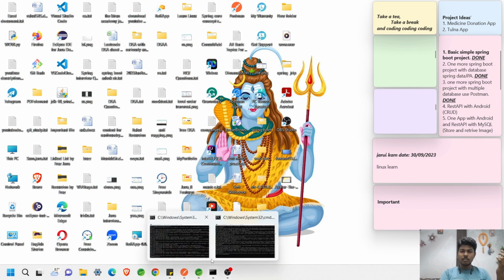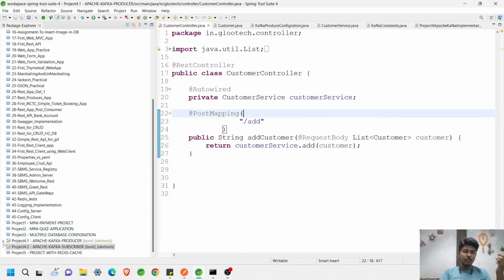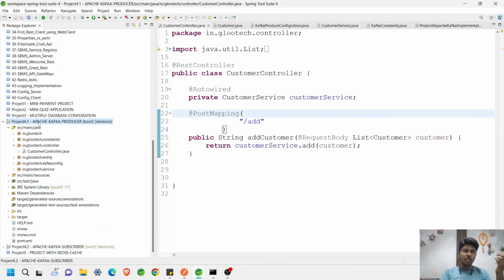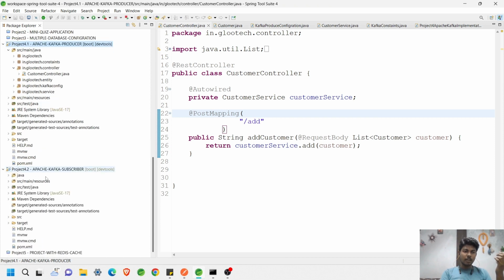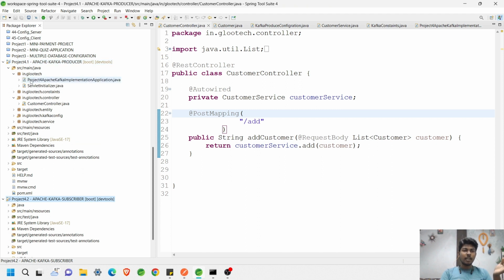So after running the servers, we go to our project, and here we can see first one is the Apache Kafka producer, and second one is the Apache Kafka subscriber. Suppose this is Amazon and this is the Kafka server, subscriber Facebook, or we can say this is our Zomato, or this is our Zomato database, or we can say this is another application, this is another application. Okay, we can say. So here you can see this is my application